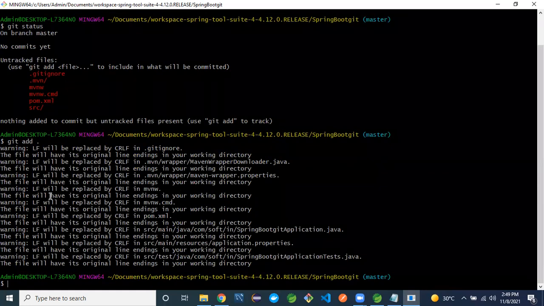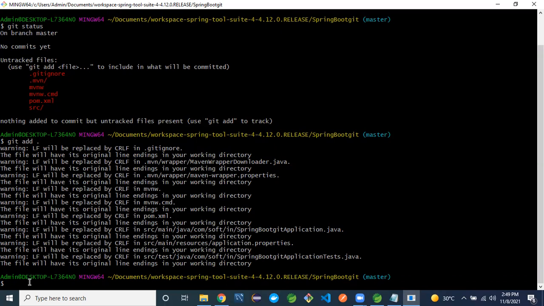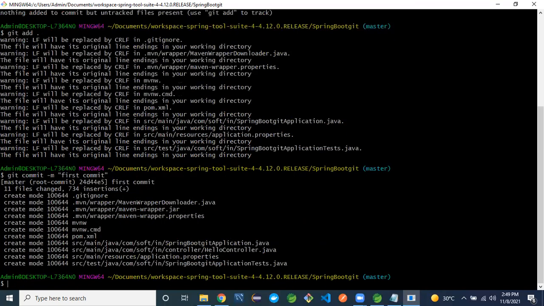All the files will be added. After that, commit: git commit -m with some message, first commit. Enter. Check whether the files are updated or not. How to check? Git status.